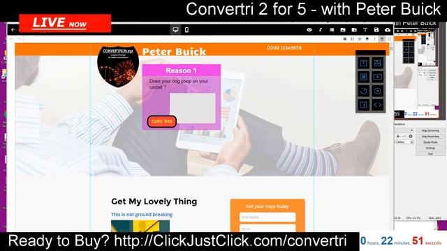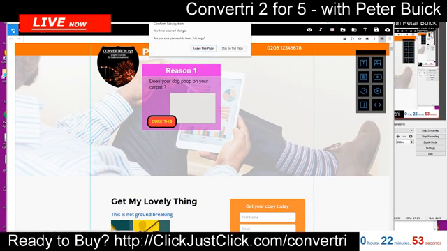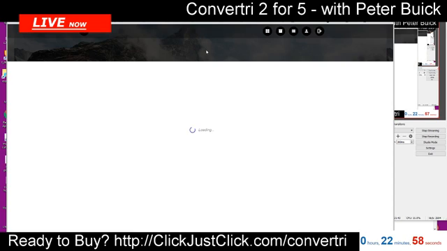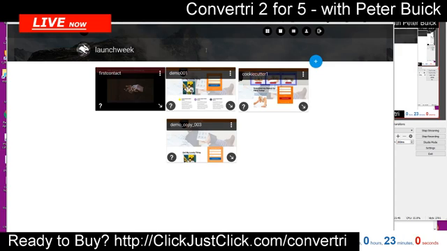Okay, and that's the point, and that's the beauty of Convertri, is that it's so easy to, A, take a template and make it yours just by changing the elements, and B, to make it really yours and in your style by actually changing the template. Okay, so there we go. So in the next show,